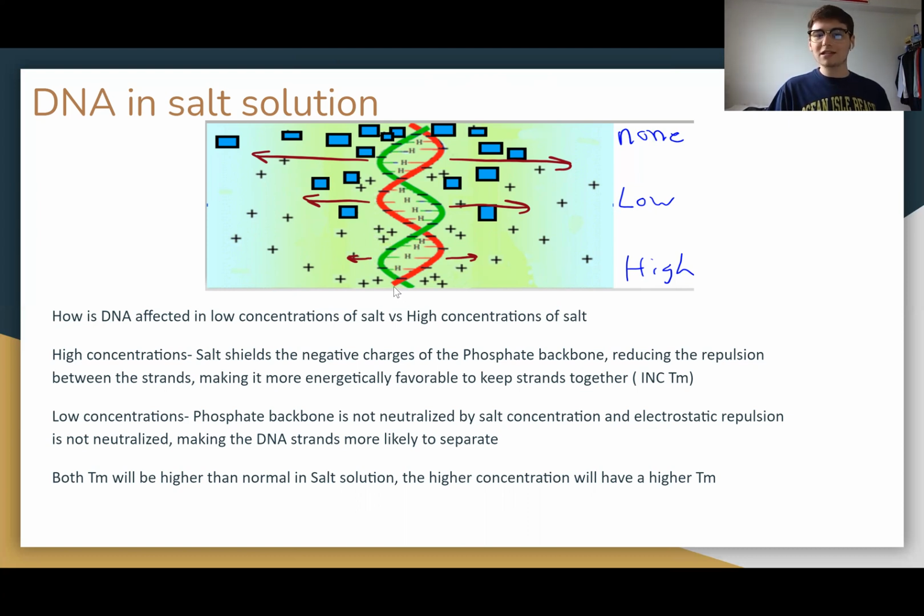When we put it in a high salt solution, these ions are going to neutralize these negative charges. And that's going to cause less forces to be pulling our DNA apart, and it's going to be more stabilized. So a higher salt concentration is going to lead to a higher temperature of melting, which is going to make our DNA more